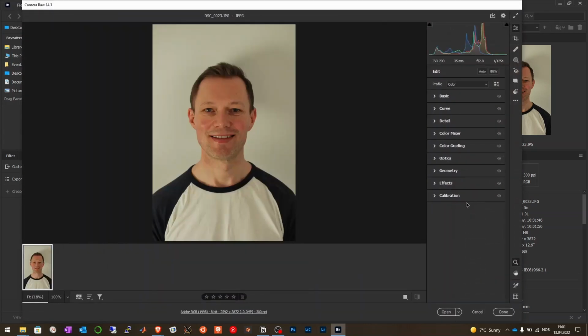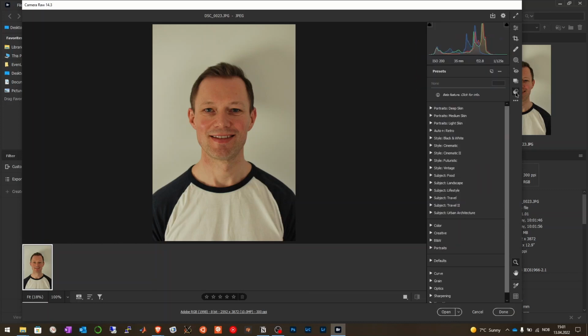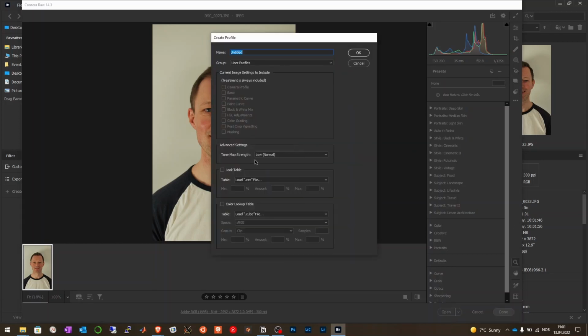Now we are in Camera Raw, and the next thing you want to do is go down here for presets and then press Alt, or Option if you're on Mac, create preset. That will bring up this box. Here you name your filter, so I just call it, say, PerfectColor, and give it the date, so